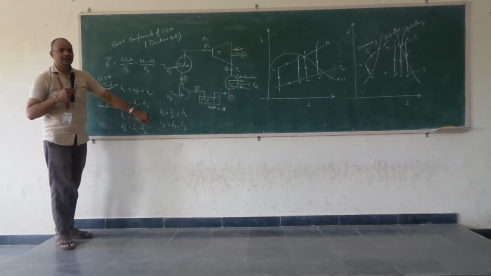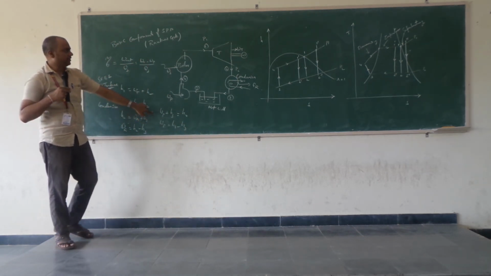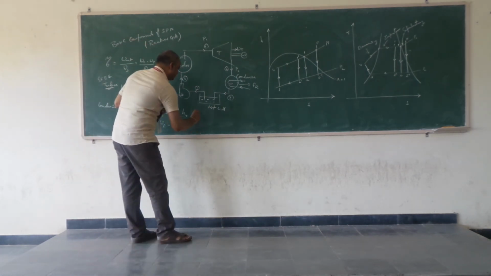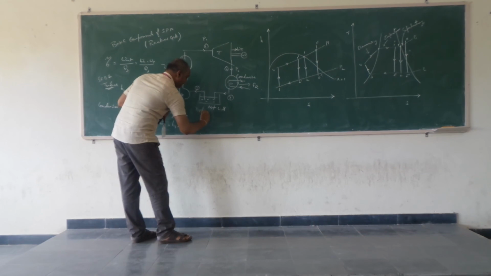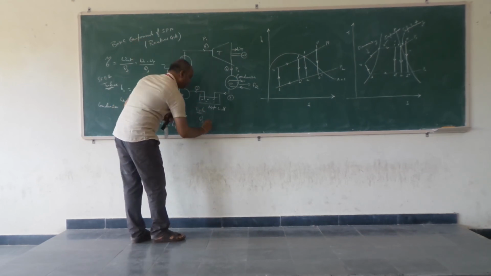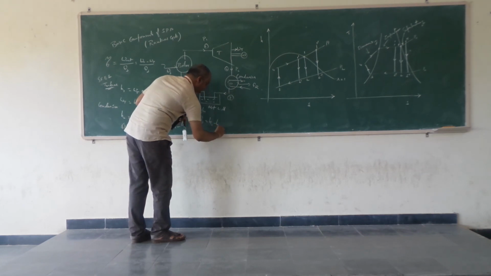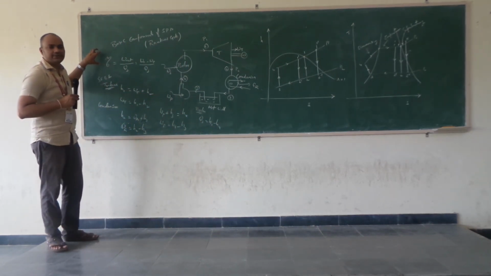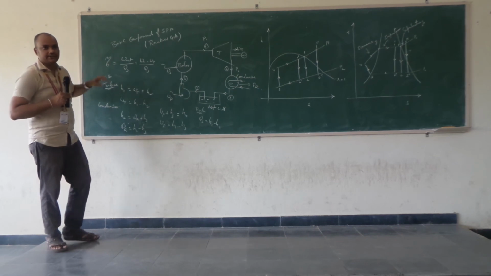This is what we are getting from the pump here, and this is the heat we are supplying to the boiler. So for this boiler, the amount of heat supplied is equal to H1 minus H4. So we can substitute all these things inside this formula to get the efficiency of this Rankine cycle.